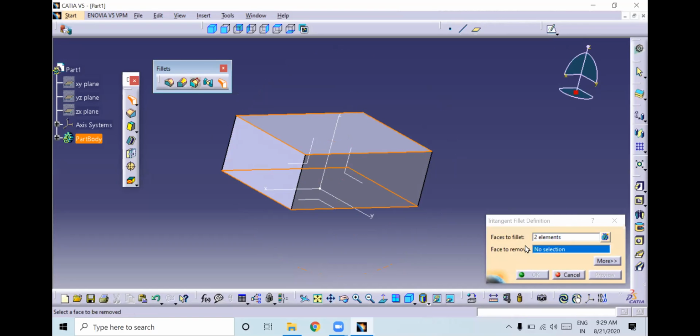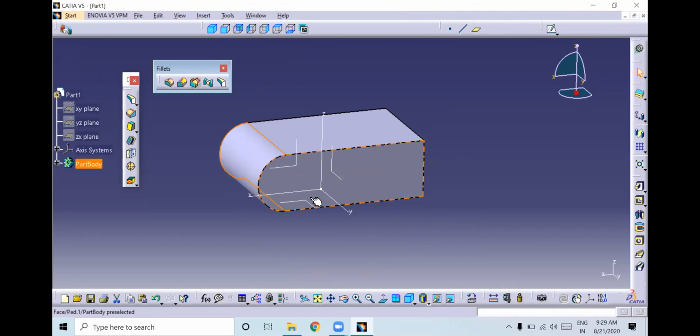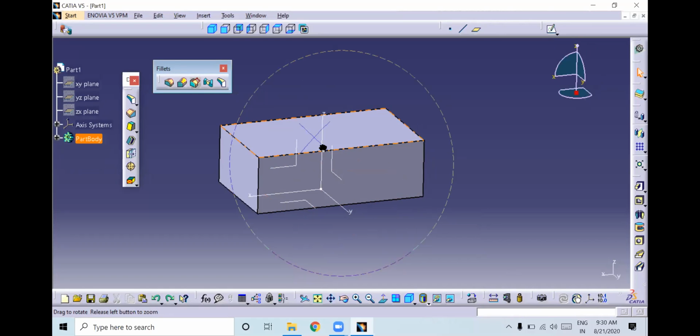Then the face to remove would be this. See, like this you need to select, and give okay. Whatever the distance between the two opposite faces is, that will be considered as the radius. Okay, fine. So this is how you can create a fillet.